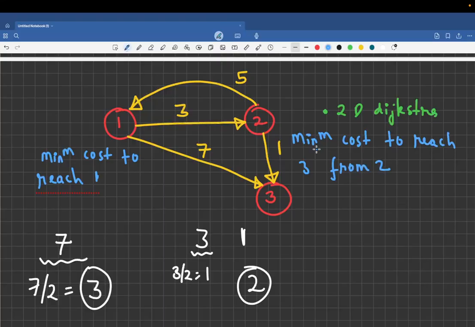If you have both of these things, then what will be your answer? Let's suppose this is M1 and this is M2. Your answer will be nothing but M1 plus 3 by 2 plus M2. M1 to reach 1, 3 by 2 will be the discounted price for this particular route, and then from 2 to 3, the minimum cost is M2. So your answer, if you are applying the discount coupon for this particular edge, will be M1 plus 3 by 2 plus M2, right?